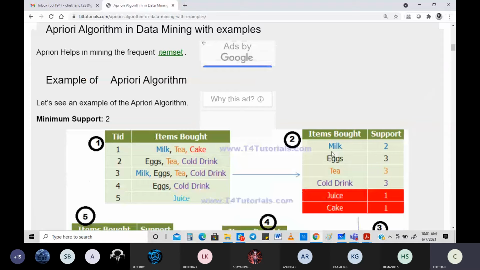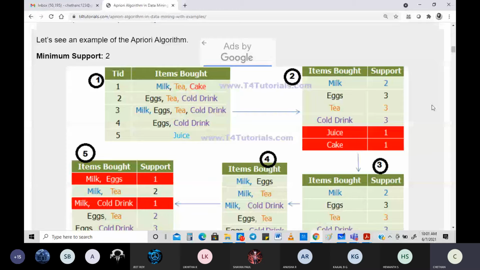We're going to take two more examples. The reason I'm doing a little extra with regard to Apriori is because this comes even in your 7th semester machine learning. I want you to be very clear with regard to it. Of course, when you learn about this there, you learn it from a machine learning perspective: what is the first iteration, the second iteration, what is the accuracy level, the third, what is the accuracy level, like that.